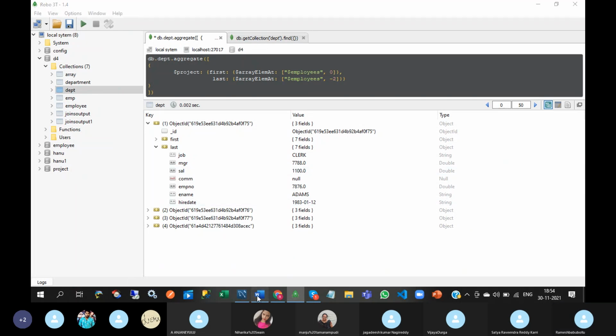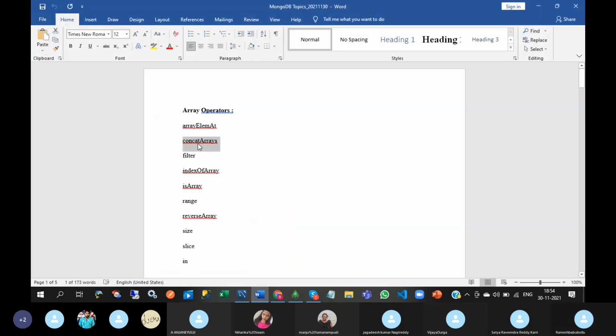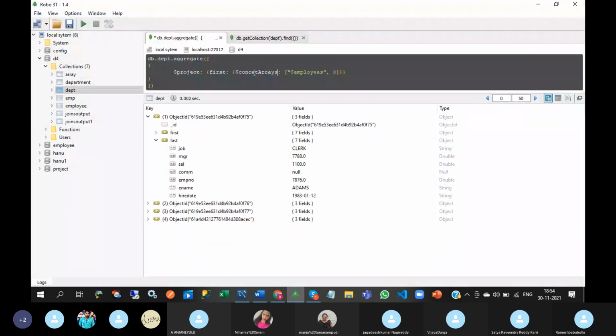Next, concat arrays. Array concatenation. Concat arrays, employees. I am going to concat two arrays. So in the DEPT collection, employees is one array.